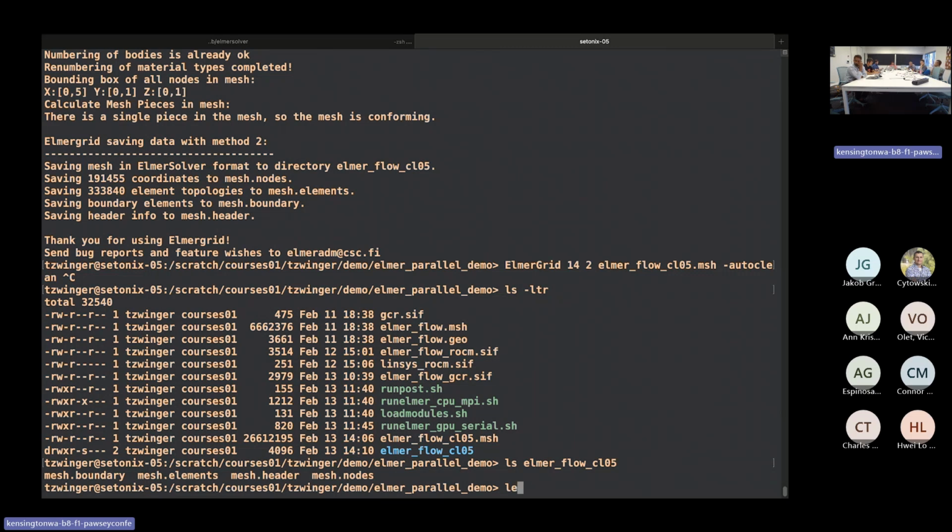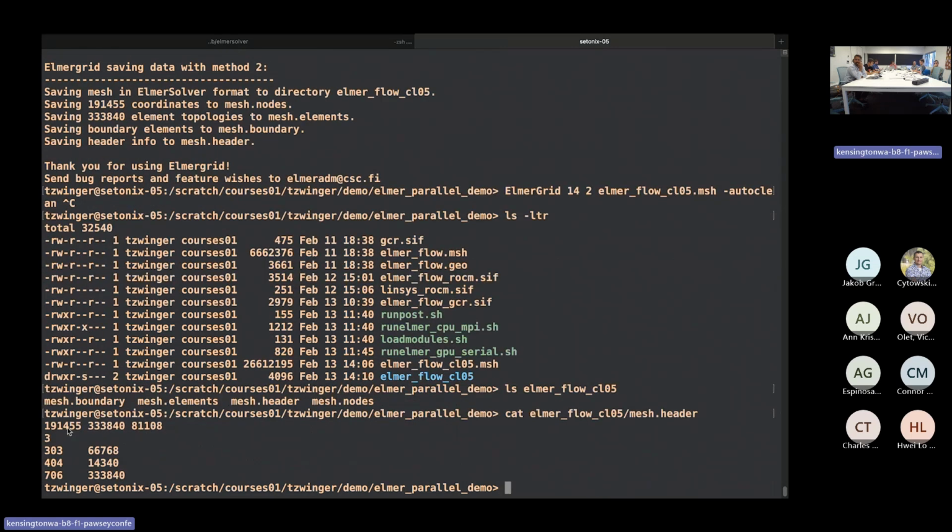One hint. Let's take a cat, then we don't have to get out of things here. If you want to check the amount of elements and nodes, you can just display the mesh header file. You don't have to do that. I'm just demoing it. The first entry is the amount of nodes. The second entry, the amount of bulk elements, and the third entry, the amount of boundary elements. The next line is the amount of